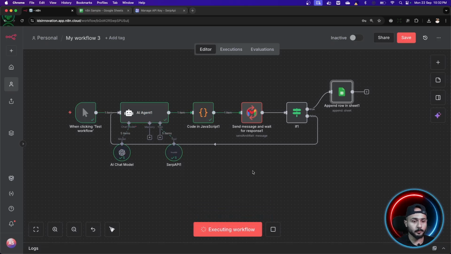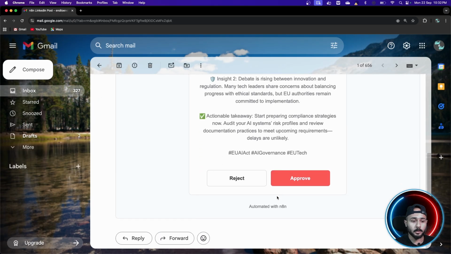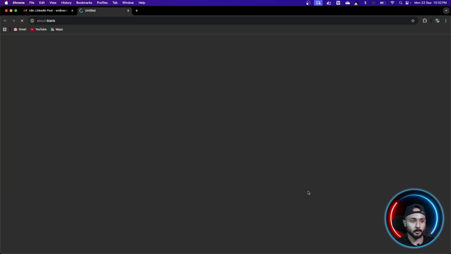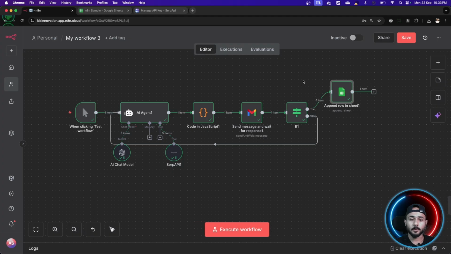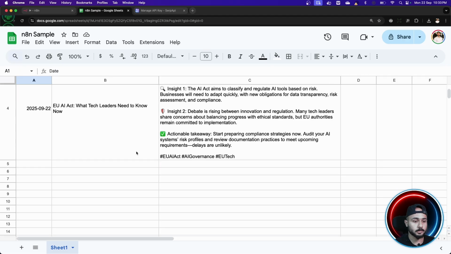Okay. We're in the next node. Now we are waiting for the approval, right? So let me just quickly go back. All right. So I have a new post here, and as you can see, this is a different post, right? Let me just approve it for the time being. Done. And the workflow is still ongoing. Let's just check. Perfect, guys. Perfect. This is just amazing.